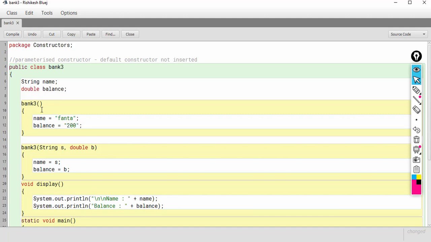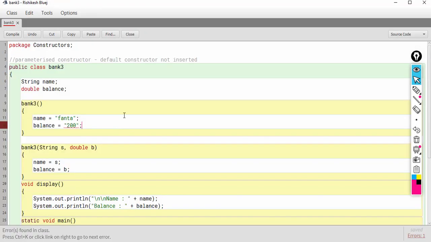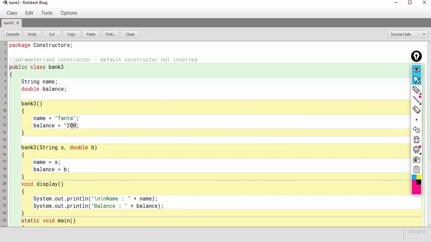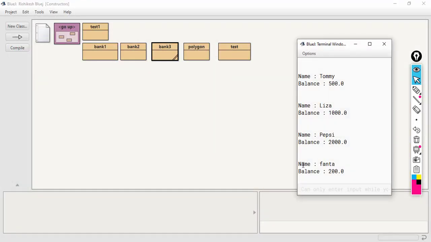So this time when I compile and execute this, you can see the name is Fanta and the balance is 200.